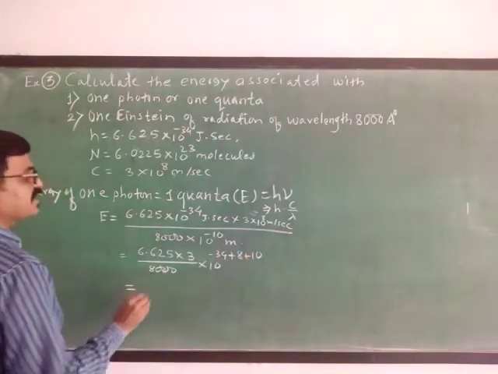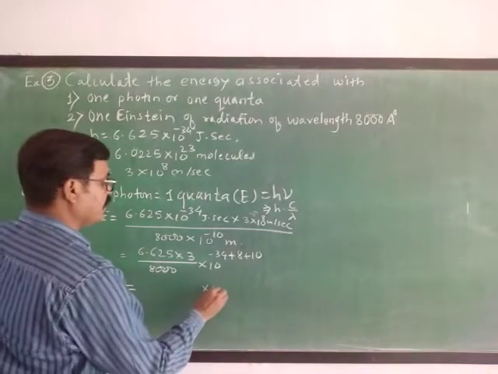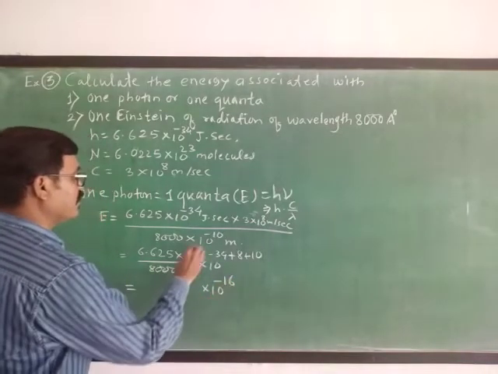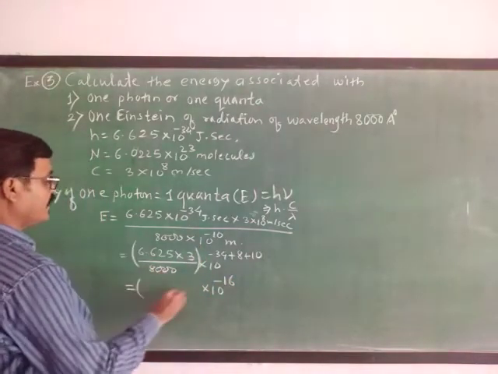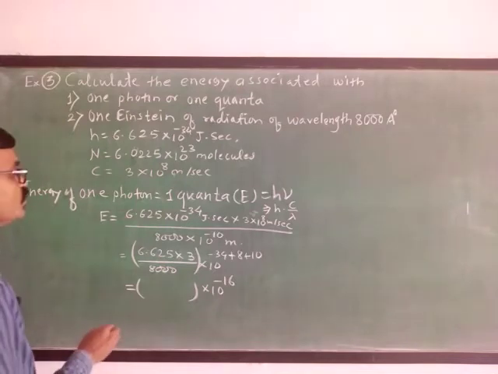Now minus 34 plus 8 plus 10 gives minus 16, so 10 raised to power minus 16. Now after calculating, 6.625 multiplied by 3 upon 8000 comes out to be